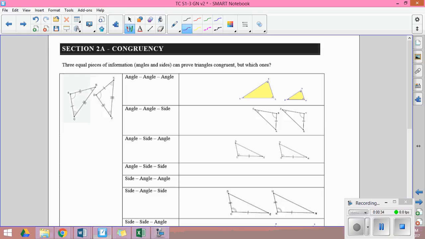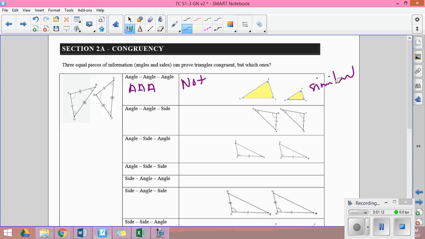There are also some things that don't prove triangles congruent, and so we have to keep them straight. Angle, angle, angle, AAA, does not prove congruent. Because the angles alone don't prove congruency, I could blow it up or shrink it and make similar triangles that are not congruent. If you know 3 angles, you cannot guarantee that they are congruent triangles because it doesn't control the